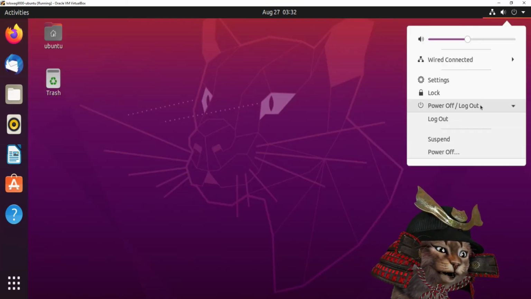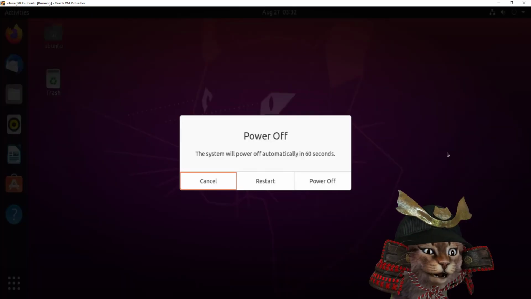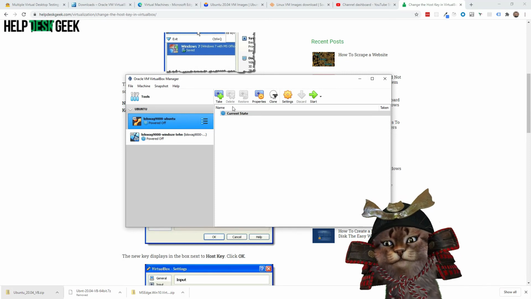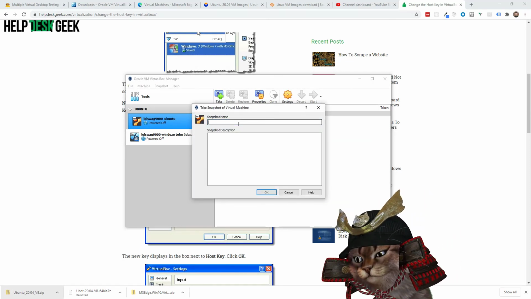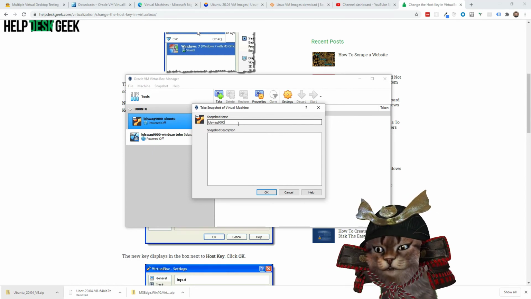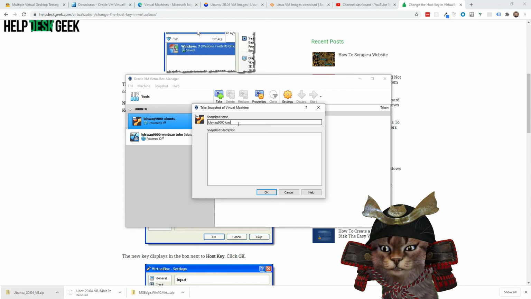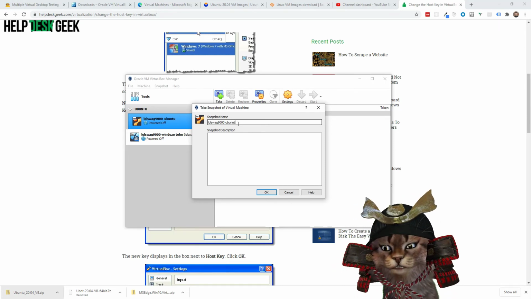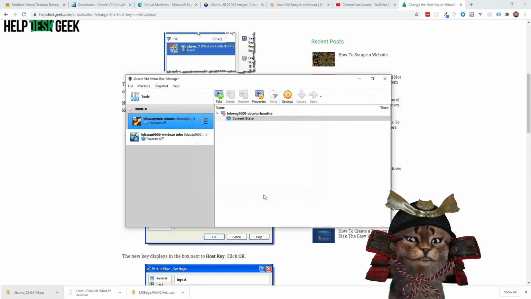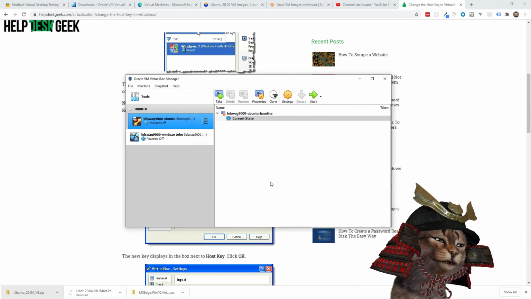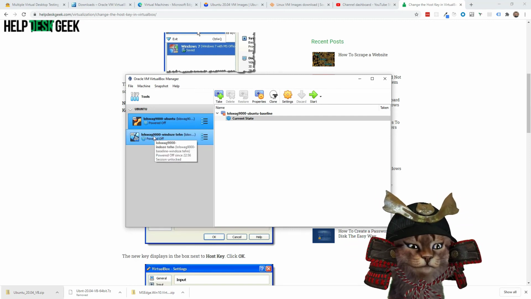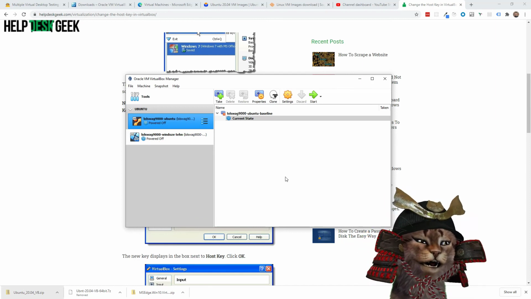So I will shut this down, and then now I can save a snapshot. Swag 9000 baseline. What am I going to call it? Ubuntu baseline. And that's it. I've got two virtual boxes, one for Linux and one for Windows, that I can use to start testing my installers